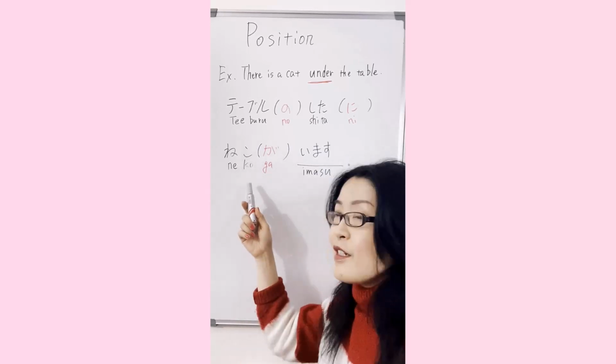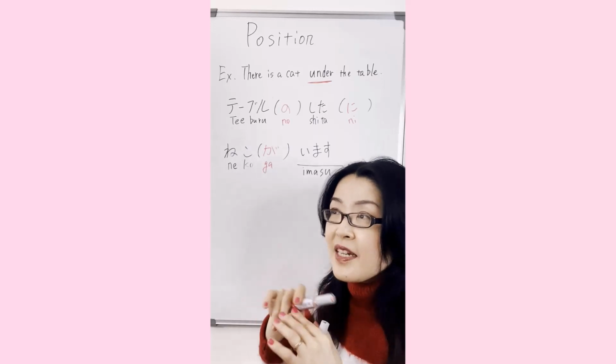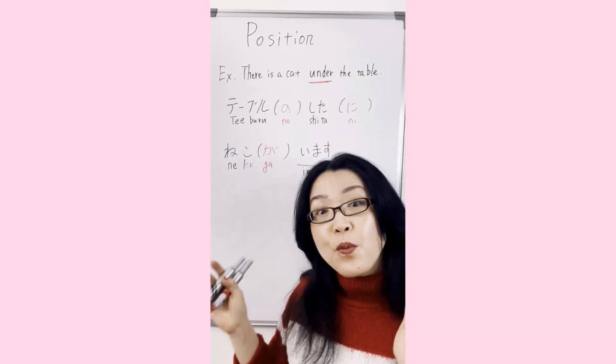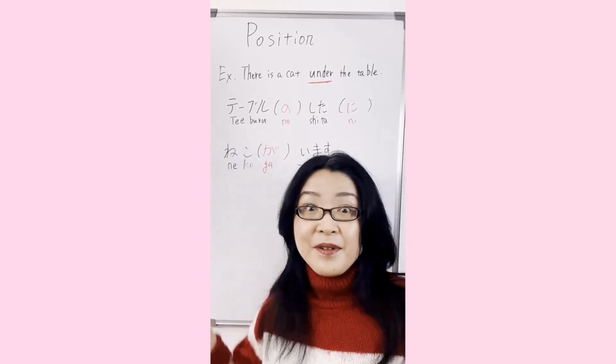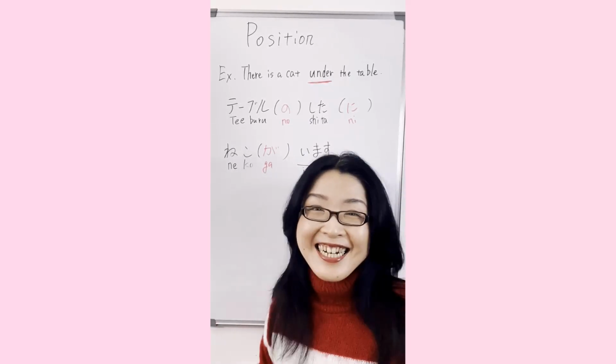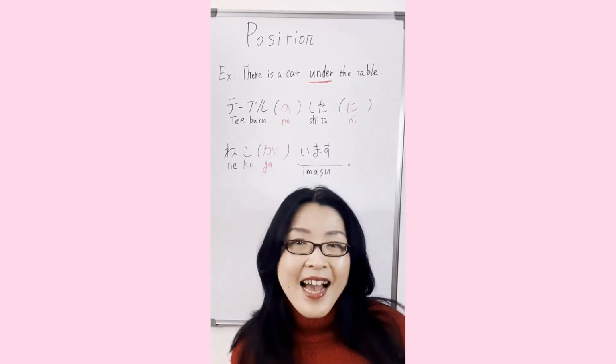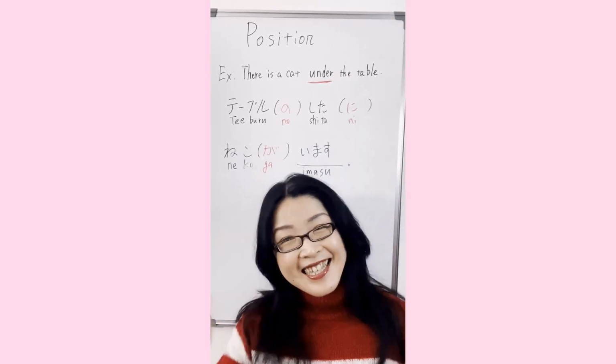Yes. Remember, the Japanese language doesn't show any singular, plural difference. So neko can be one cat or millions of cats. Okay? So テーブルの下に猫がいます。